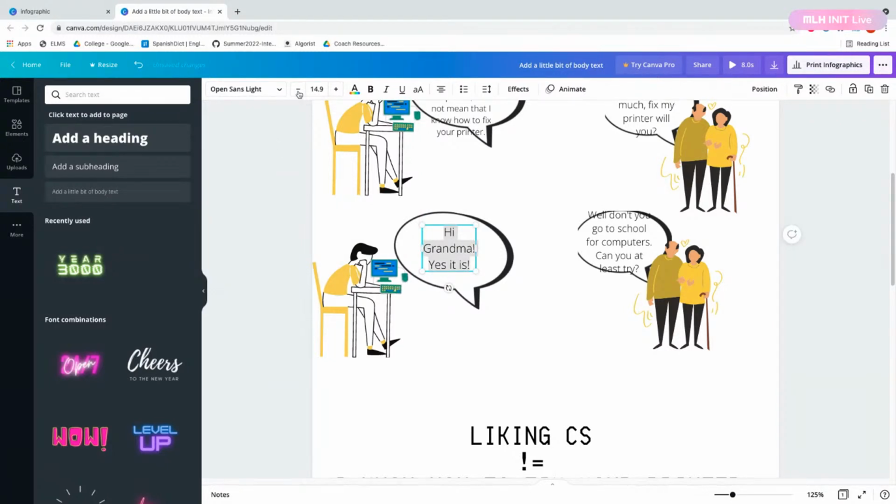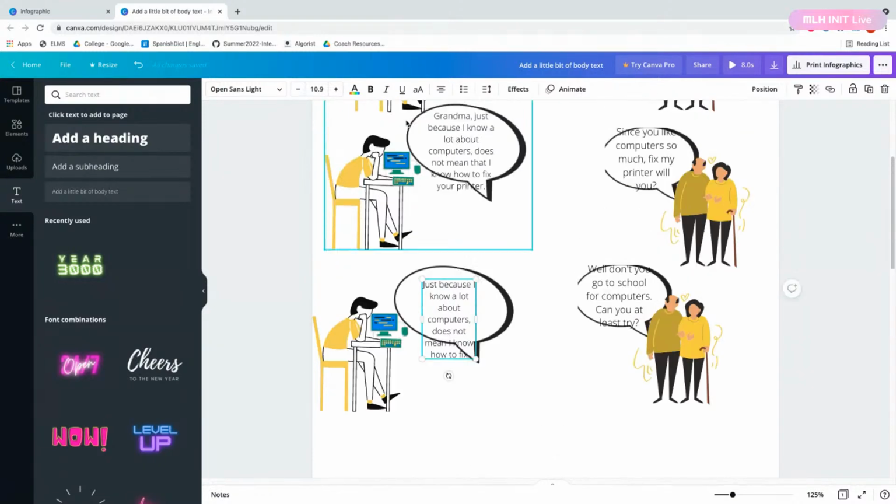Lower the text here a little bit. So just returns a lot about computers, those without me how to fix.